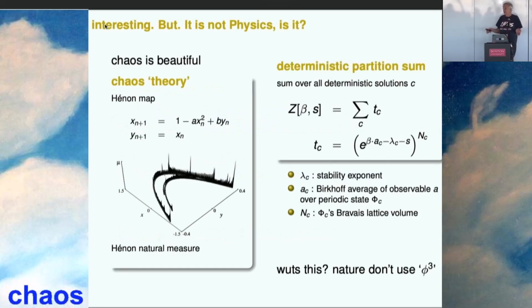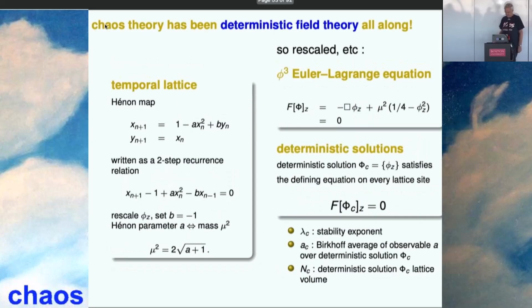Well, that's interesting, what Cvitanović says. But it's not physics, is it? Stuff that we consider turbulence, chaos, it's beautiful stuff. Like the simplest example, I take a known map and I get this amazing fractal attractor. That's beautiful, right? This is some stupid formula. This is not physics. So,